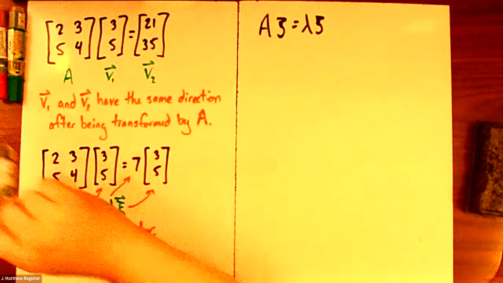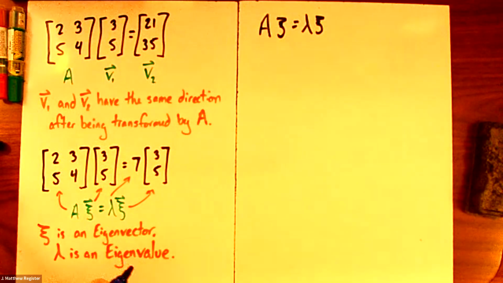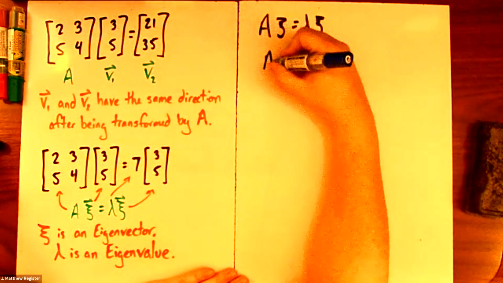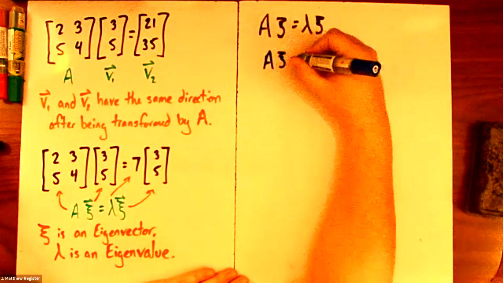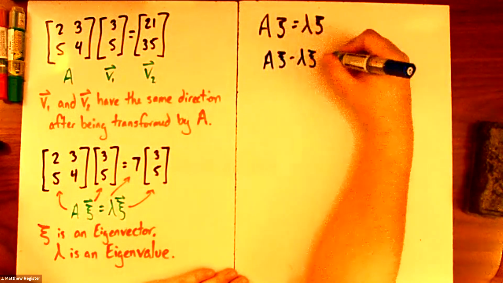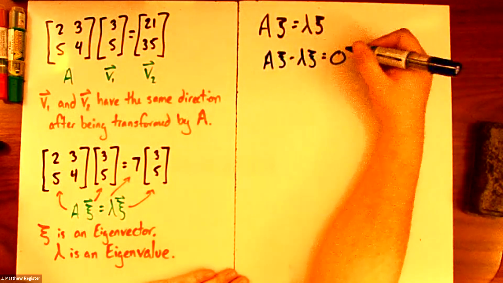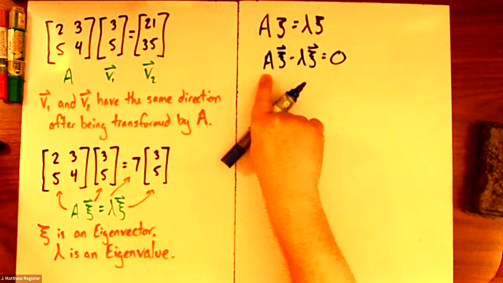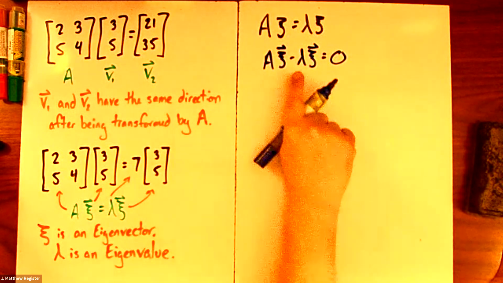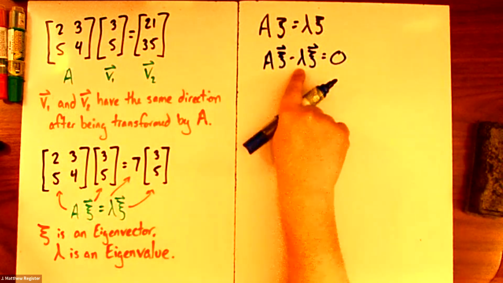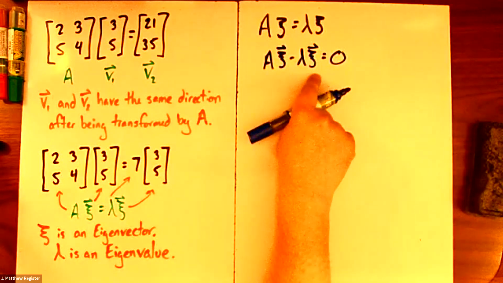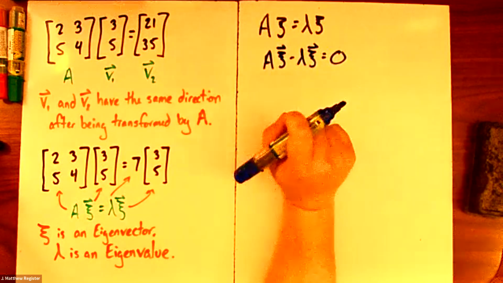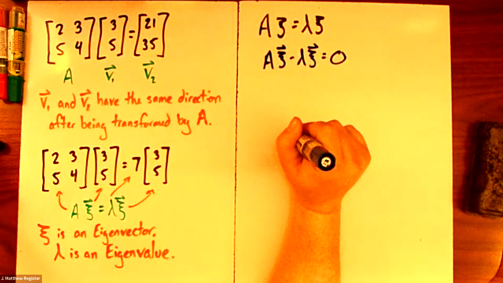And so the algebra 1 idea is relatively good, but it's missing the idea of matrices. And so let's start by moving everything over to one side. That'll give us A times c minus lambda times c equals 0. Where remember, this is a vector, and this is a matrix. Now, if this lambda were a matrix, we could factor the c out, but it's not. The good news is we have a way of making it a matrix, and that is by using the identity